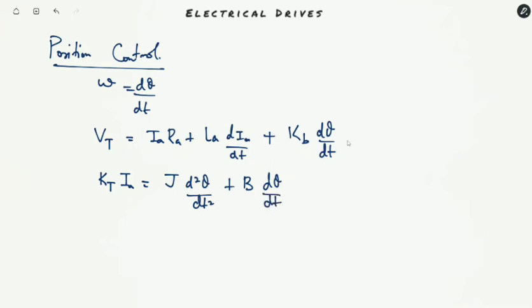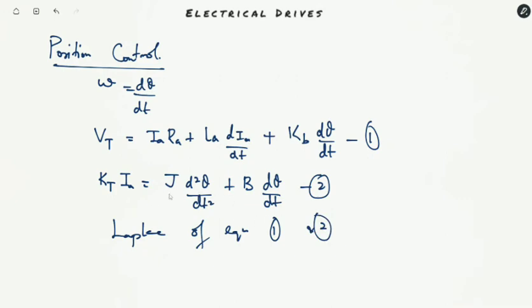So by taking the Laplace of equations, this is now the new equation 1 and 2. By taking the Laplace of equations 1 and 2 and then substituting the resultant of the Laplace of equation 2 in equation 1, we'll get theta s divided by Vt s. We have derived omega s by Vt s initially. Now we'll be getting theta s divided by Vt s, that will be equal to Kt divided by Ra J s square plus